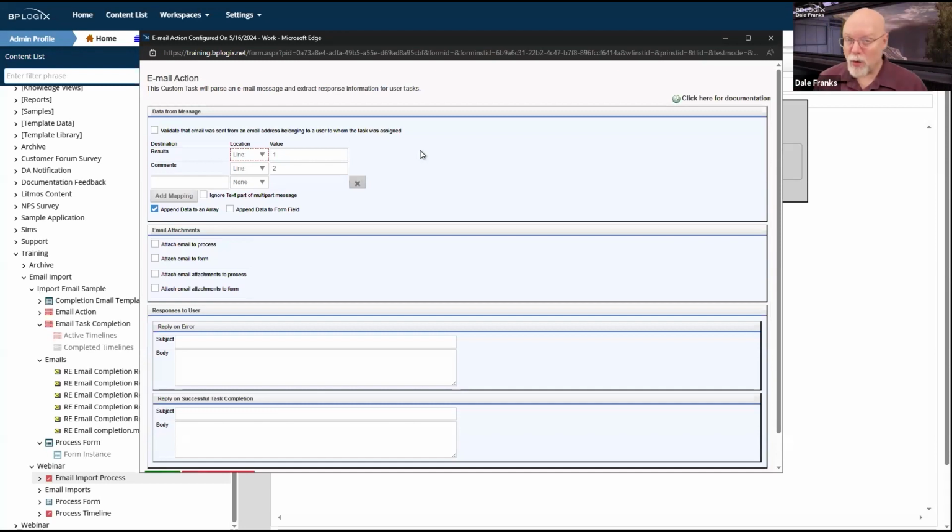I haven't required signature comments, so this is all going to work fine. This is the easiest way of doing it, by line. It's the one that most people understand. It doesn't require that the users do weird stuff, because the other two require that the users do weird stuff. They either have to have a keyword that you specify somewhere in the email, and then with that keyword, they need to specify a value.